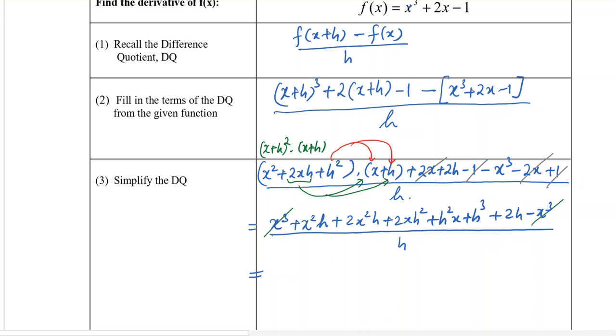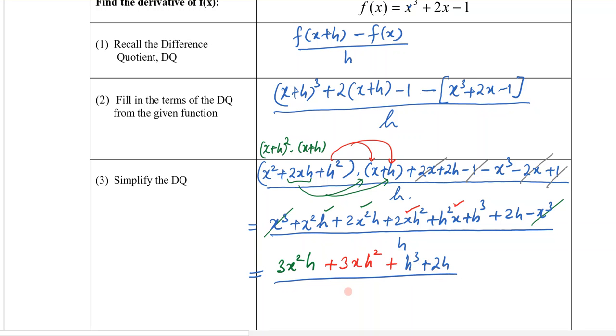And then we have x squared h plus 2x squared h, which gives us 3x squared h. So these two terms together give us 3x squared h. Similarly, we have 2x h squared plus h squared x. So these are again like terms. So we got 3x h squared. And then we have h cubed, and we have